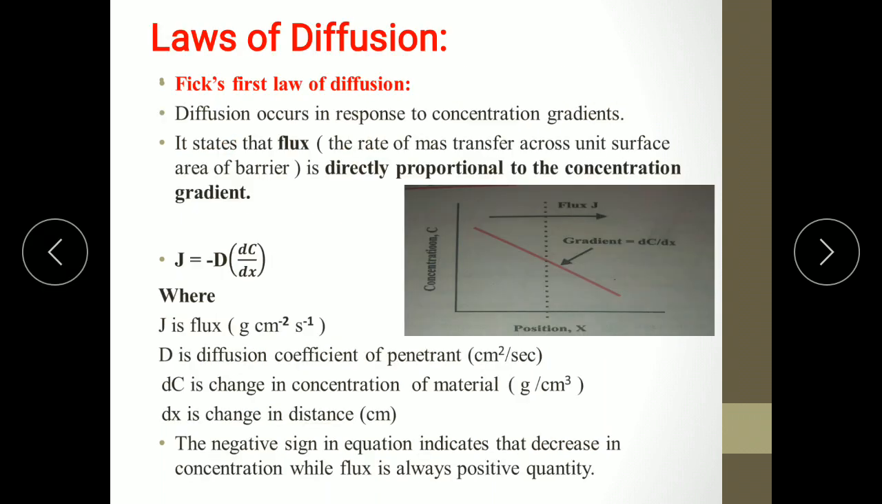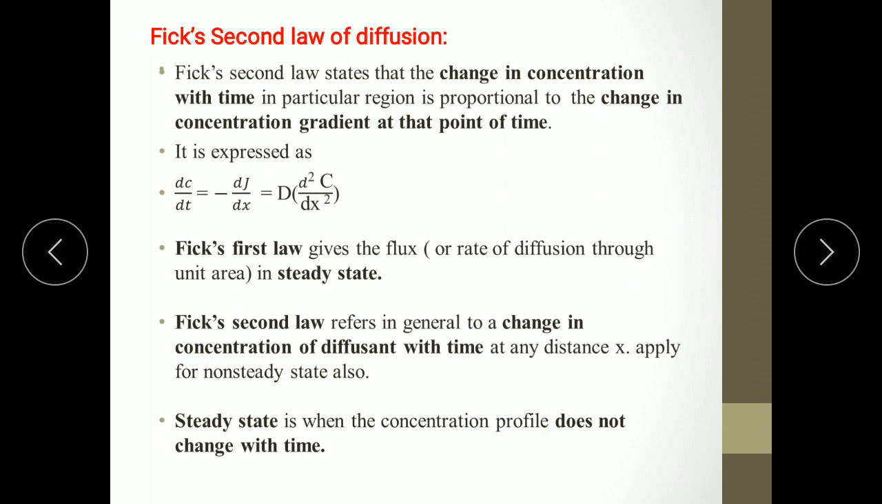You can see here that suppose we want to check out the concentration at this particular point with time, that will be directly proportional to the change in the concentration gradient throughout that time. That is what Fick's second law states. A change in the concentration with time in a particular region is proportional to the change in concentration gradient